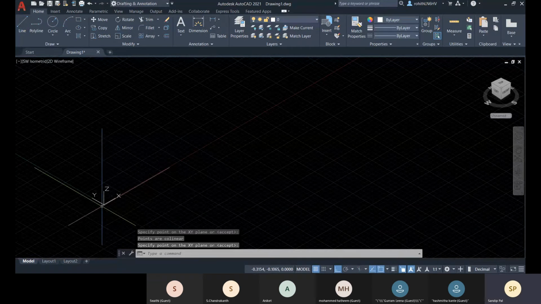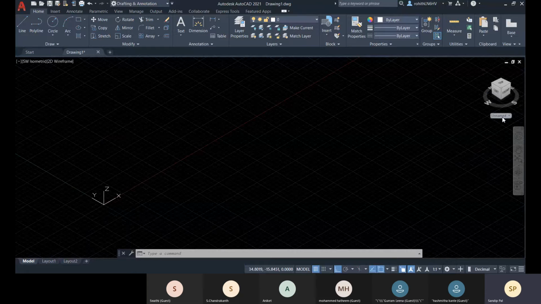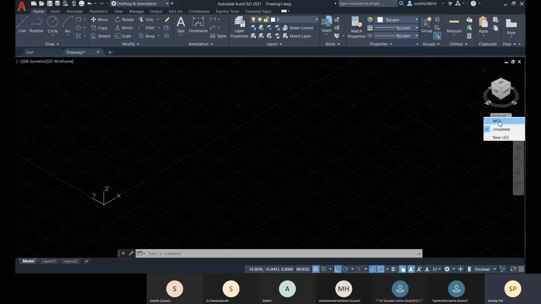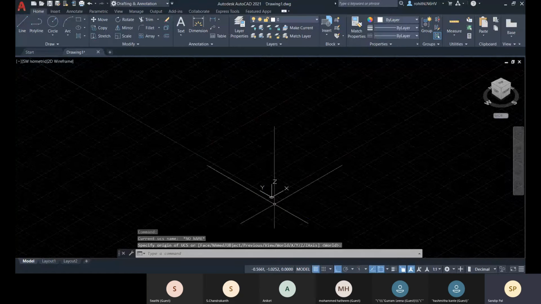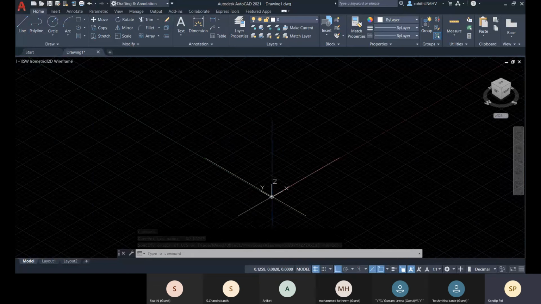Here you can't see that little square, and you don't see that WCS either. Whenever you make this WCS, you see that it came back to that same position.